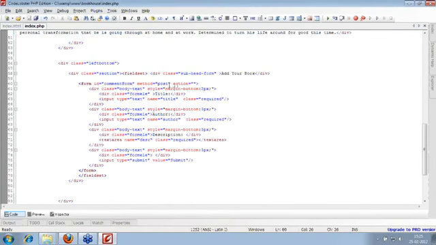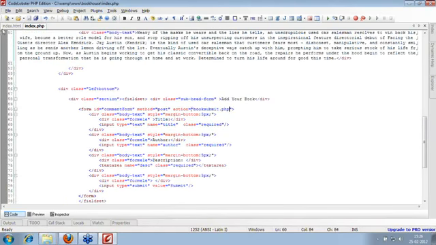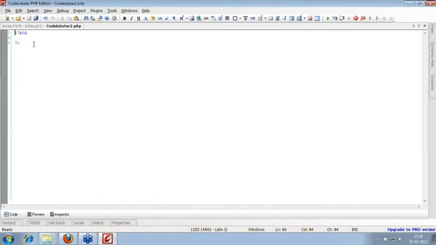Now this is my form. My form does not have any action. That means I need to define here where my data is going to go. I can just leave this as it is and it will call the same page again and again, or I can create a different file to save the data and then do the redirect. So I'll create one more file here. We'll say book submit. This is the file to which I'm going to post the data. So I'll set the action to book submit, and then I have to create the book submit file.